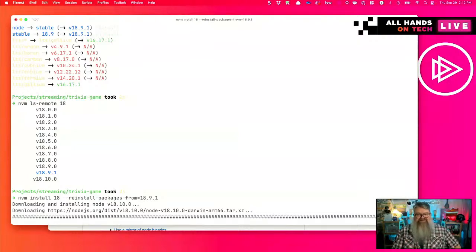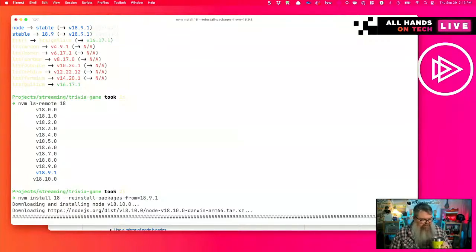I'm doing this just as an example. I'm not going to use version 18. We should be using version 16, but I'm showing you NVM so that you can see what the install process looks like when you're using NVM. Highly recommend it.